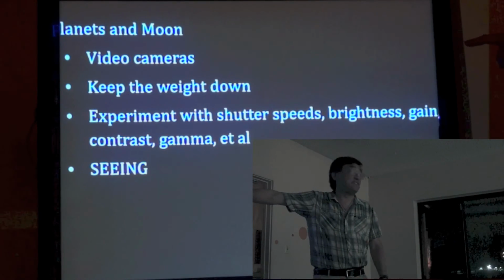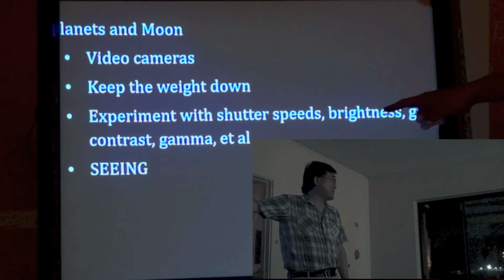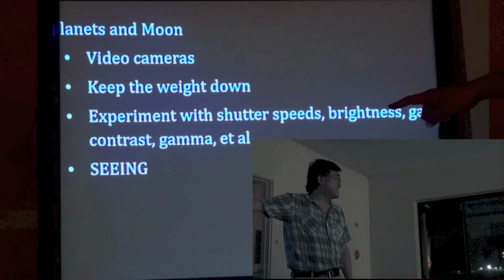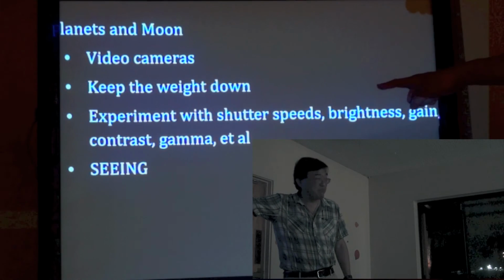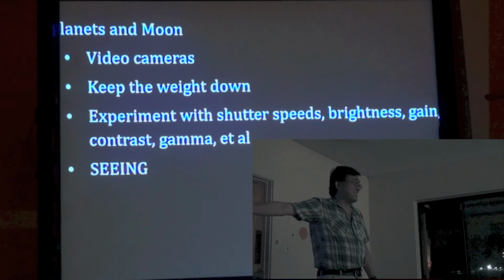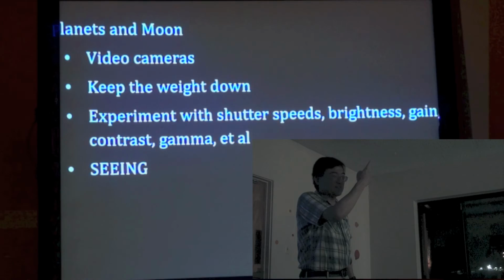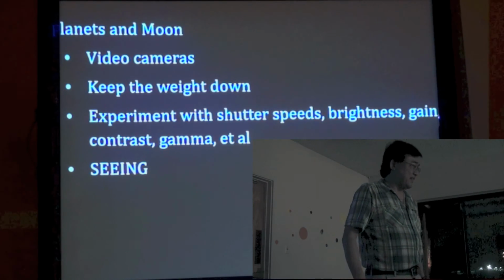But your number one worry with planets and the moon and so forth is the sky glow. That's your big enemy. If you don't believe me, go up to the dome and look through the refractor. The seeing is really horrible tonight. Now,